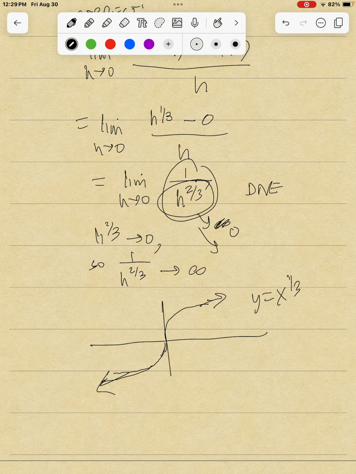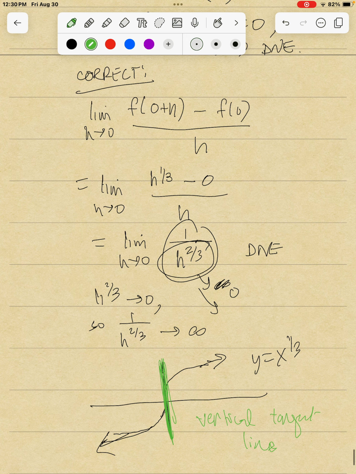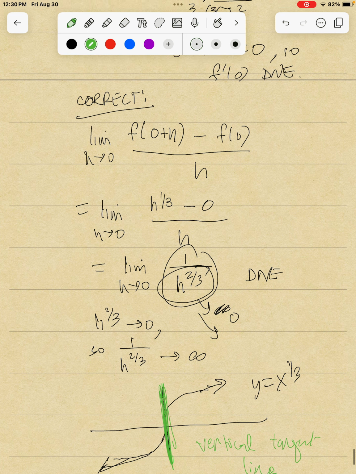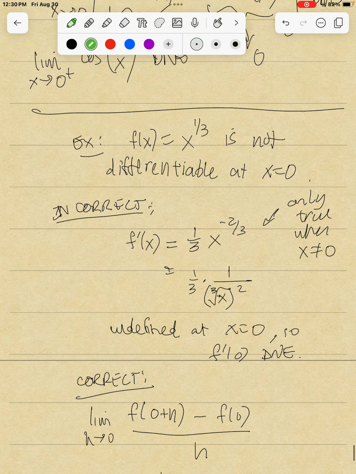At x equals 0, you have a vertical tangent line, and the derivative doesn't exist. So this is the correct way to justify why the cube root function is not differentiable at x equals 0,